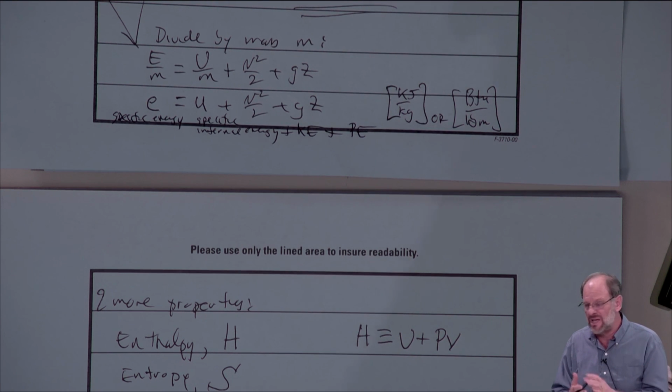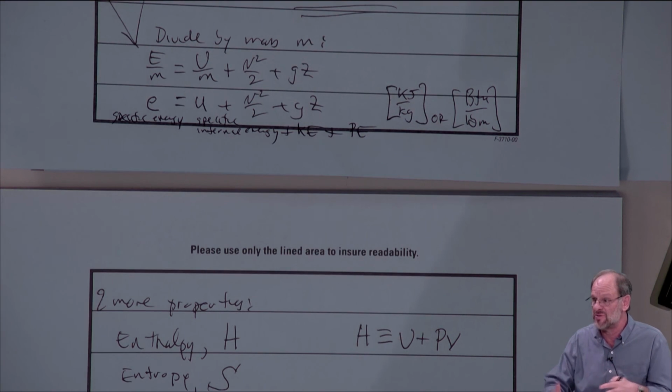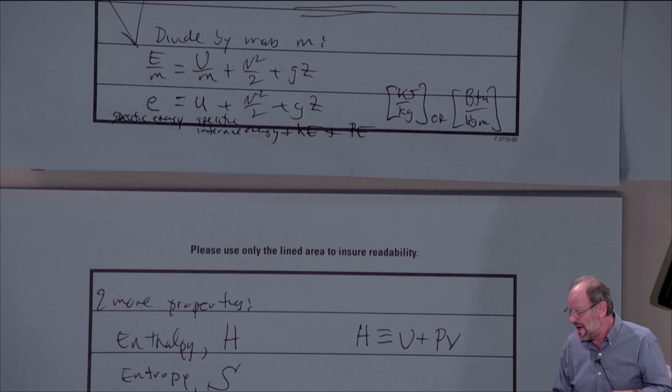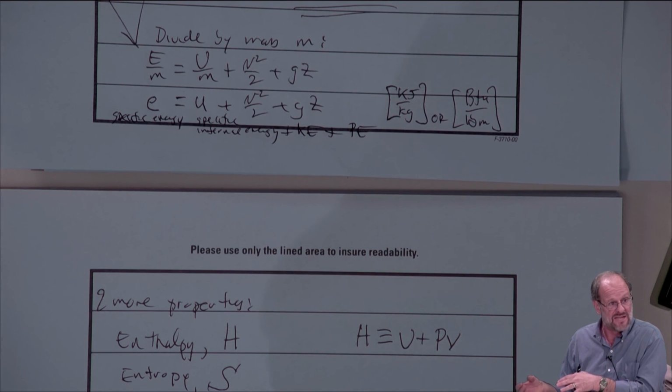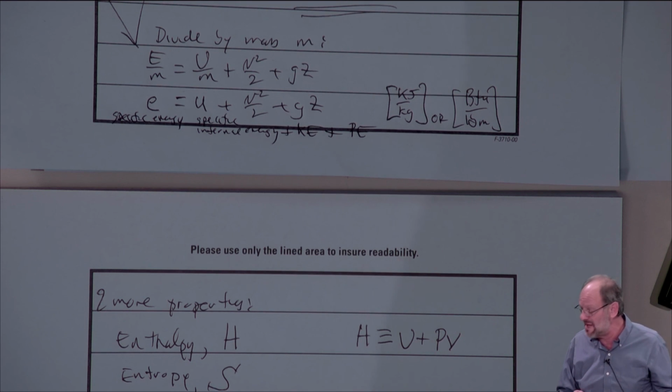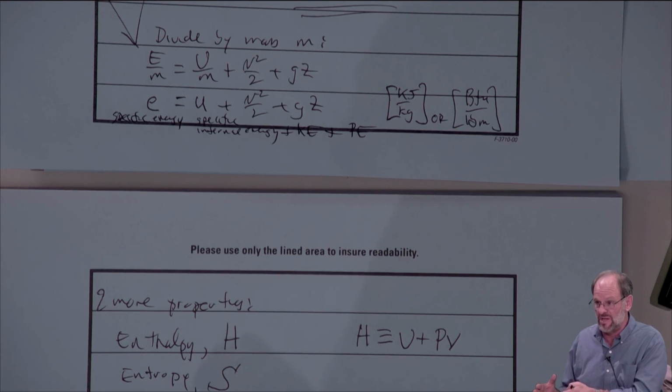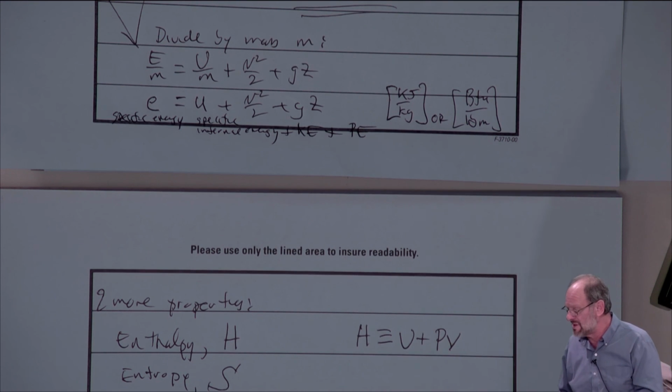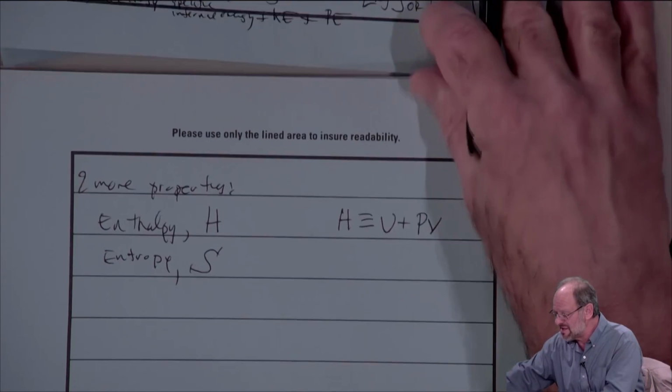Because as long as we can find two other independent intensive properties, like say pressure and temperature or specific volume, as long as we have any two properties like that, all other properties are known to us, right? That's why we have these property tables to begin with. We're going to need to find the unmeasurable properties like enthalpy and entropy to solve certain types of problems, but we're going to have to find those given the measurable properties like, again, pressure and temperature and some of the other intensive properties. So right now I'm just introducing you to certain properties, and these are the latest two.